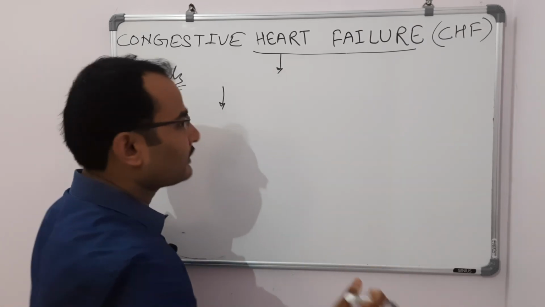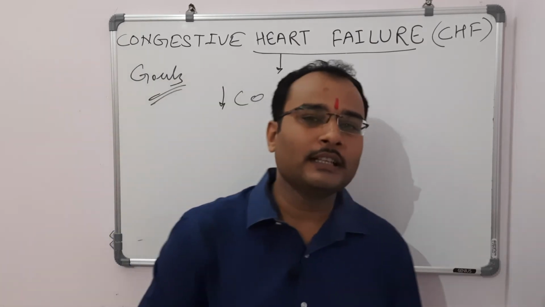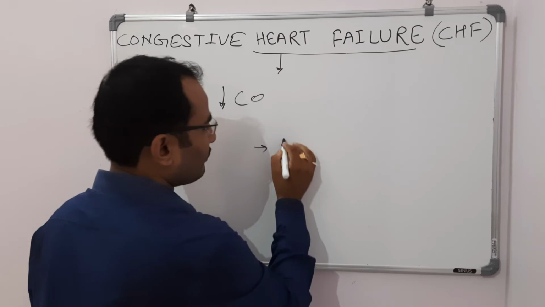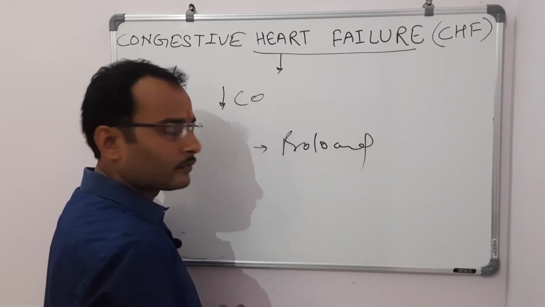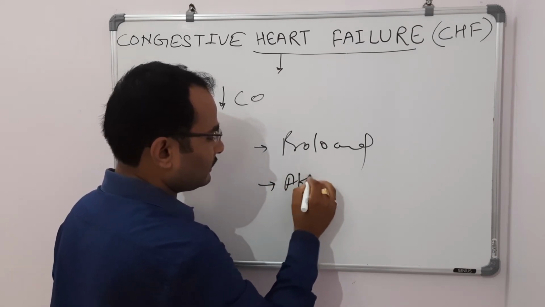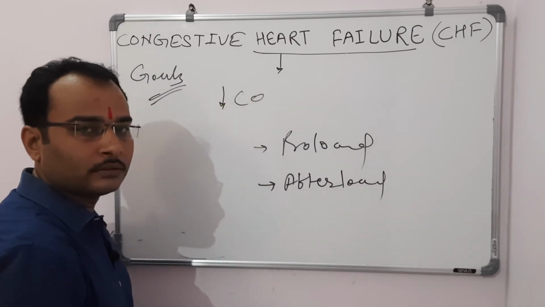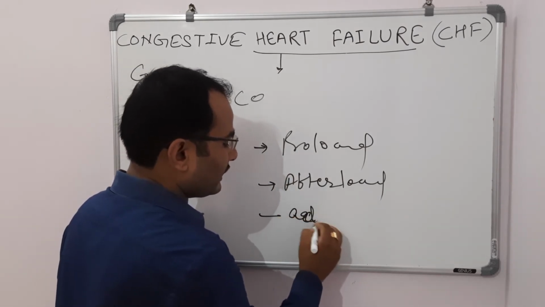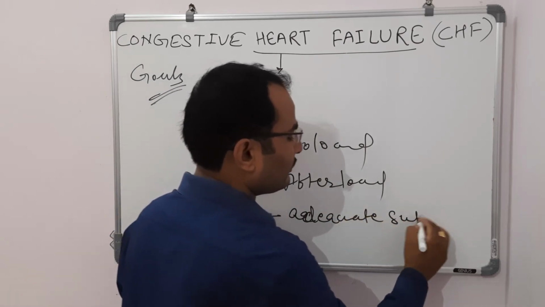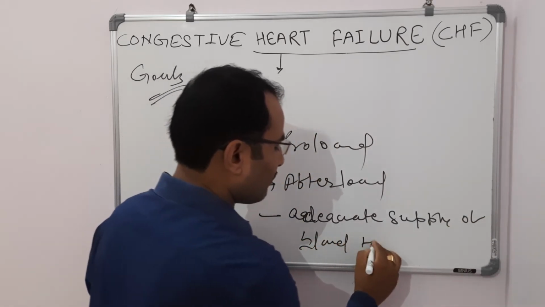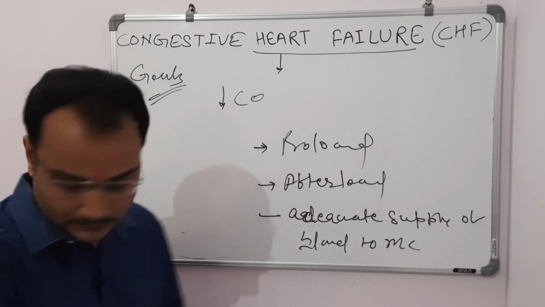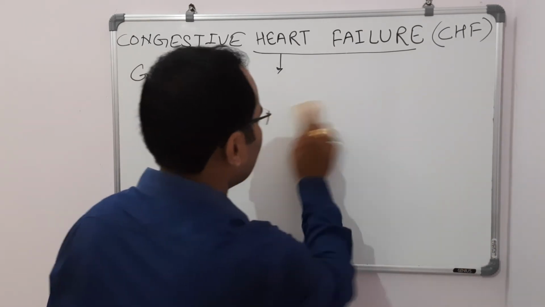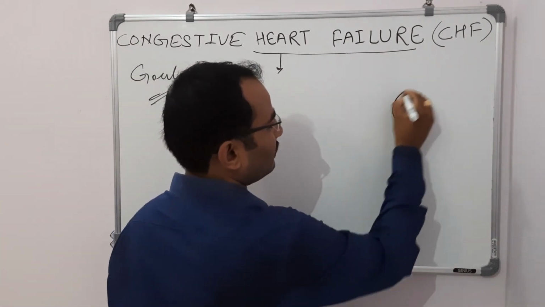देखिए हमारा जो मेनली हम जानते हैं कि CHF में क्या हो रहा है, लेस कार्डियक आउटपुट। अब एनी हाउ वी हैव टू इंक्रीज द कार्डियक आउटपुट। फॉर इंक्रीजिंग द कार्डियक आउटपुट वी हैव टू इंक्रीज preload, we have to decrease afterload, and we have to provide adequate supply of blood to myocardium। इस पॉइंट को हम डिटेल से 1 by 1 समझते हैं एक डायग्राम की हेल्प से। बहुत आसान है, अभी सबको क्लियर हो जाएगा आप लोगों को गोल्स क्या हैं और किस तरीके से हम इसको कंट्रोल करते हैं। तो इन अ शॉर्ट डायग्राम, दिस इज योर, ये डायग्राम आपका बार बार यूज होगा,